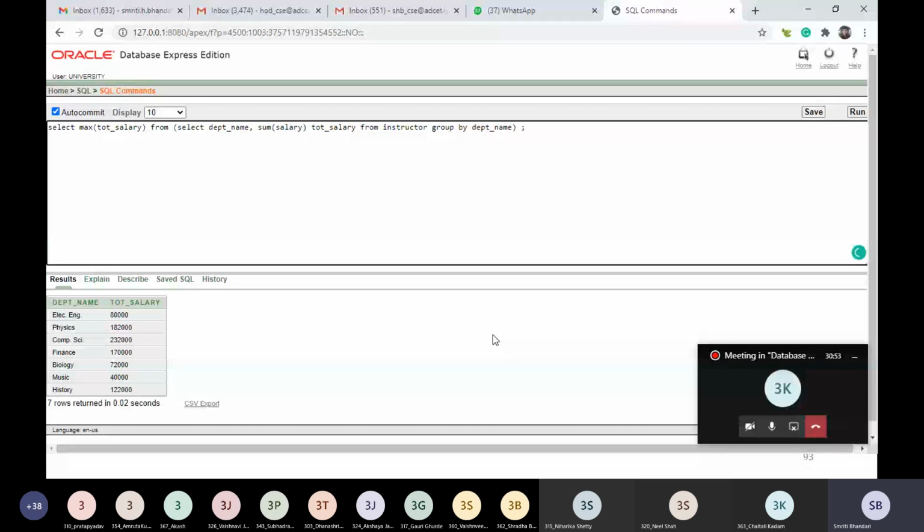For this relation we may provide the name department total. This is the name for the derived relation that we have written in the from clause, right? Sum of salary is renamed as total salary, so it becomes the name of the column, and we are finding the maximum of that column. Let's try to execute this. What should we get? We should get this 232000, that is the maximum salary.